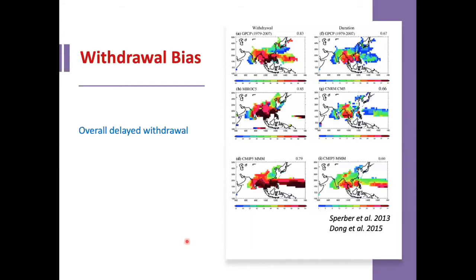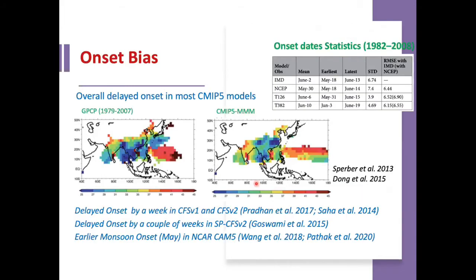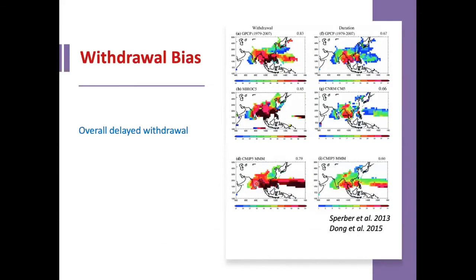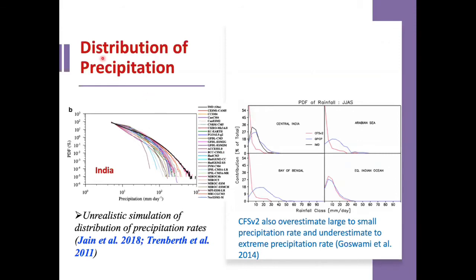And withdrawal, there is overall delayed withdrawal. Without getting into the details, if you just look at this GPCP and then compare the multi-model mean, there is an overall delayed withdrawal. So we have a delayed onset and delayed withdrawal of the summer monsoon. And then if you look at the distribution of precipitation, which is a very important thing, this is just over Indian land. What we see here is, this black line is IMD observations. And then if you look at individual models and look at the daily distribution, most of them have this issue of